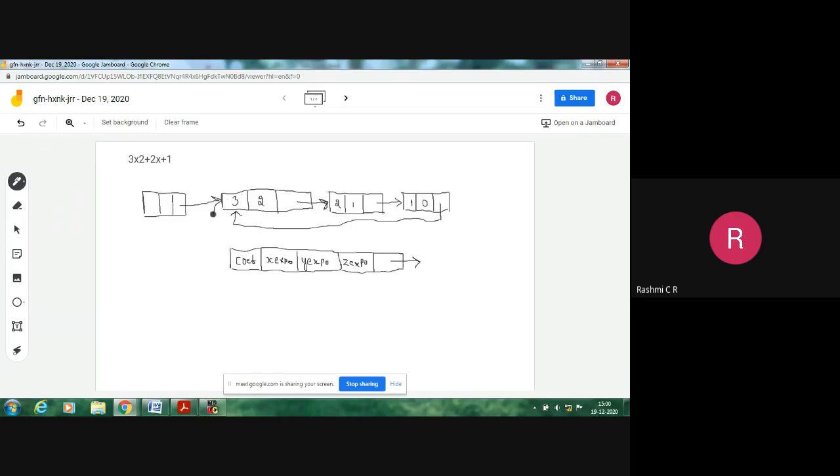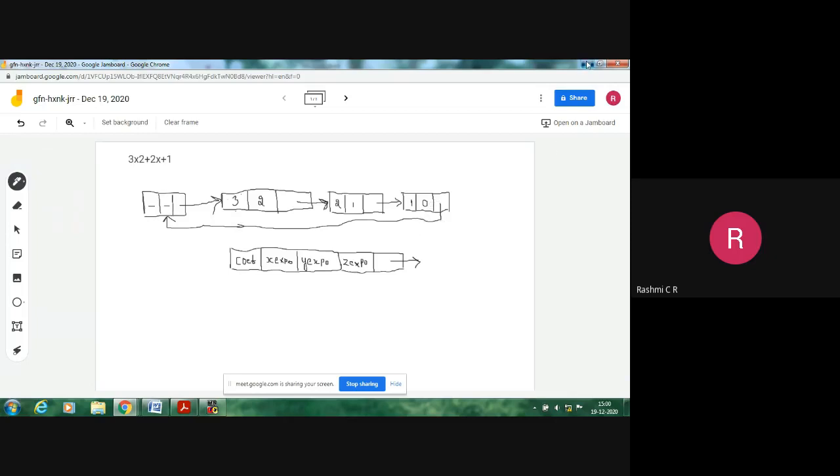There are no data items indicated for the header node, and the last node will not point to the first node, it will now point to the header node.